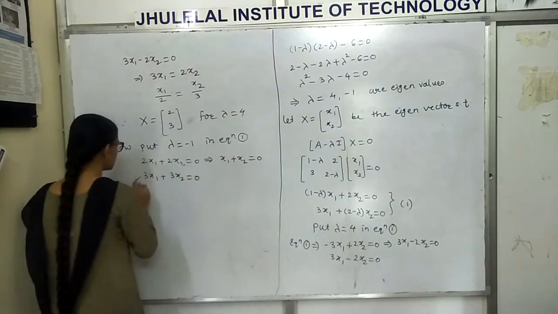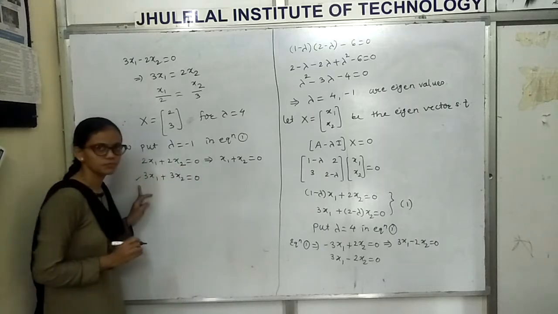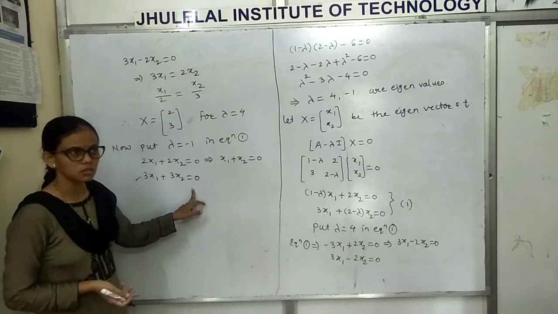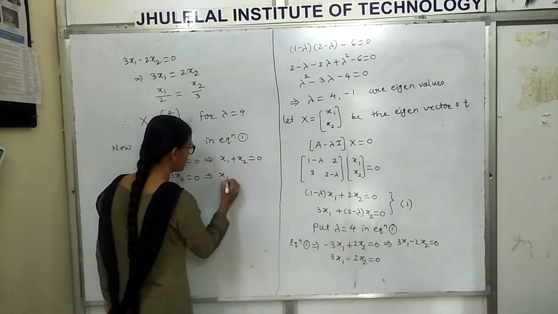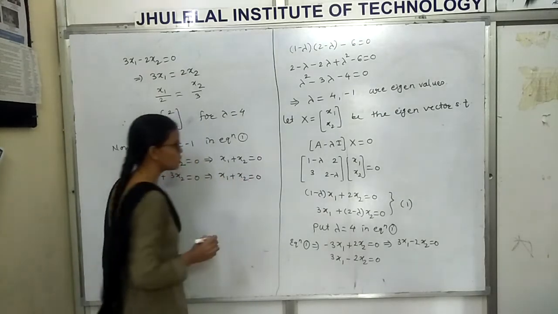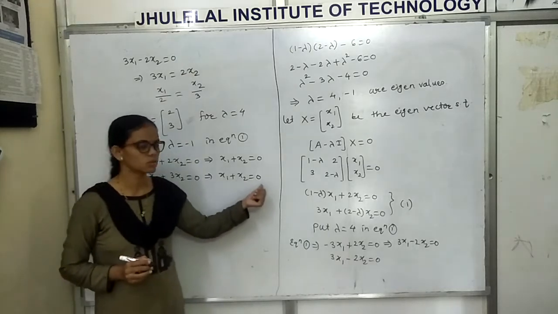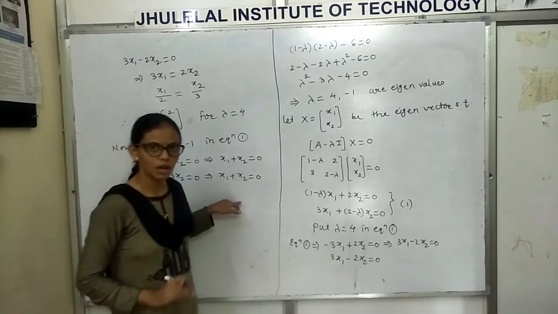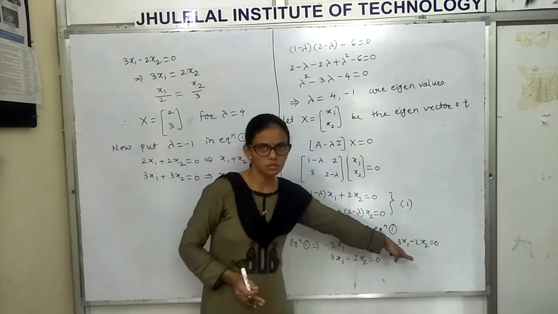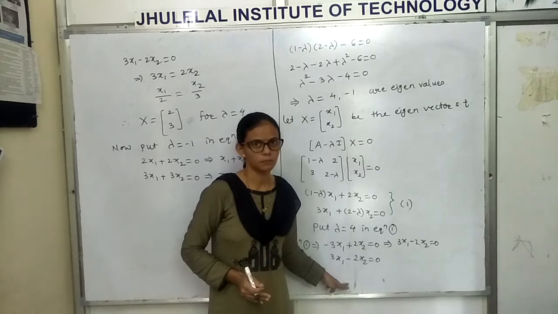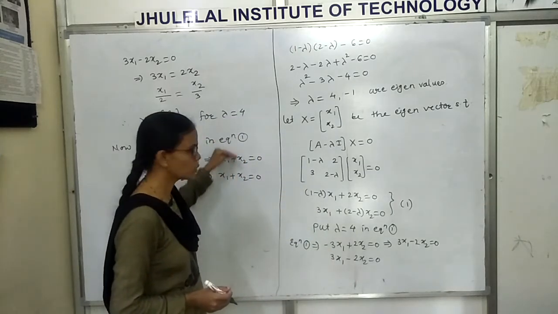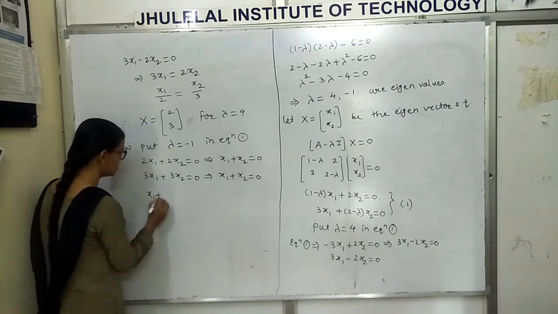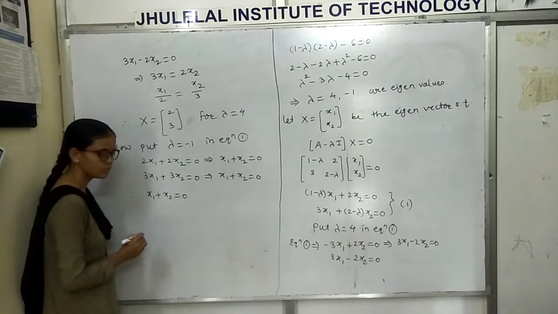Similarly, in the second equation, here again it is possible to take out the common term 3, that is, divide by 3. If I divide this equation by 3, it will also reduce to x1 plus x2 equal to 0. Now you can see both the equations are again the same as we got in the previous case. Here again these two equations are the same, which means we have to solve only a single equation, that is x1 plus x2 equal to 0.